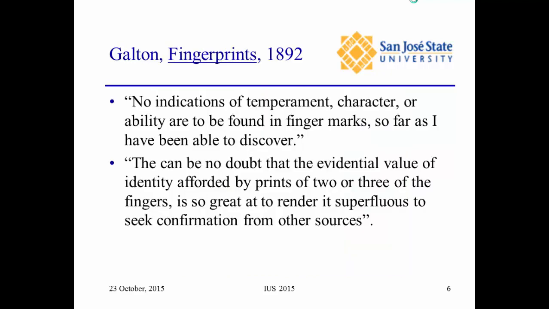He wrote a very influential book called Fingerprints in 1892. Now, he was certainly not the first person to bring the concept of fingerprinting to our attention. There were two papers published in 1882 in Nature on the fundamental concept of fingerprinting as a method of recognizing human beings. But he got involved in his anthropometric lab in London in measuring the fingerprints of anybody who came through the system and trying to correlate those fingerprints with personality characteristics, with things like race, with things like gender,